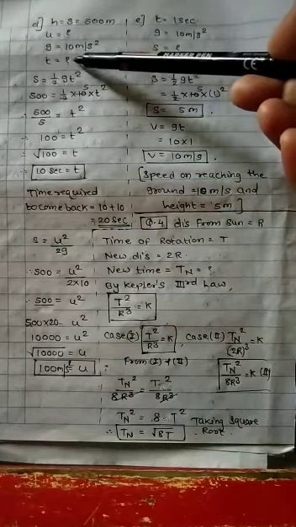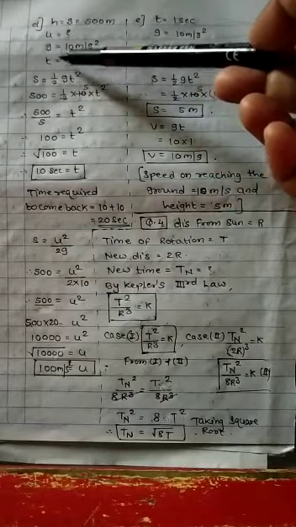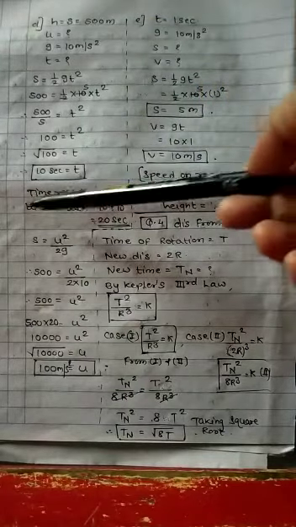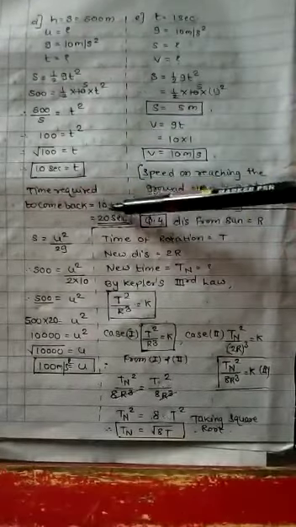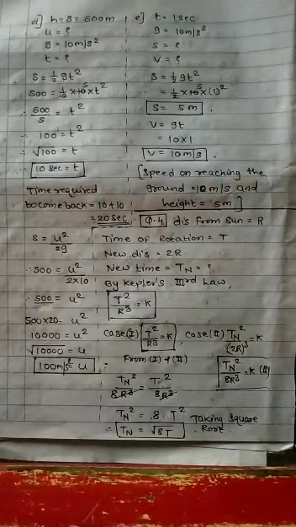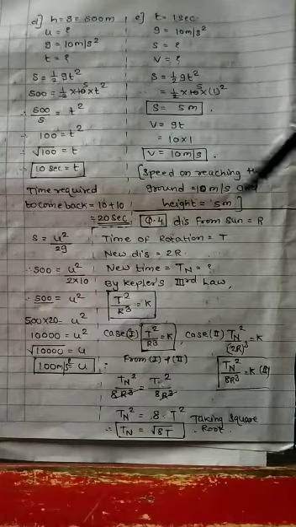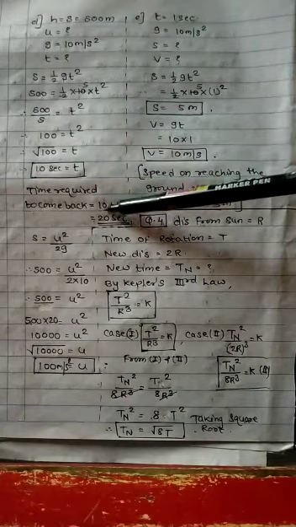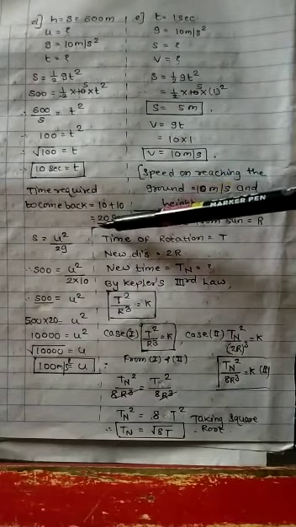But what is this t? This t is not the total time to come back on the earth. So time required to come back is 10 plus 10 is equal to 20 second. This 10 second is for the upward direction, and again from the top the object reaches the downward side. That's why the time is same here, that is 10 seconds. So here you have to add 10 plus 10, that is 20 second.